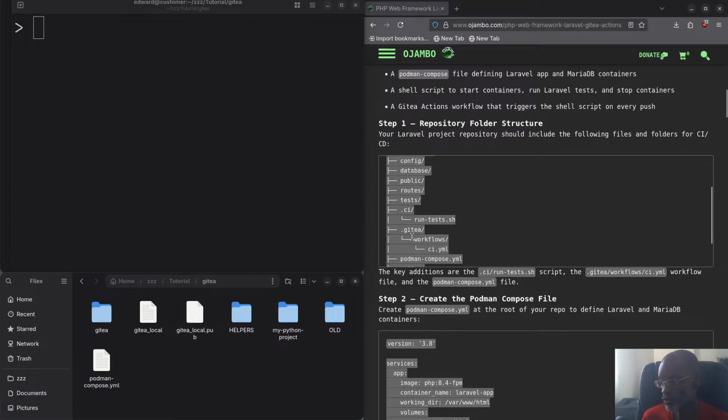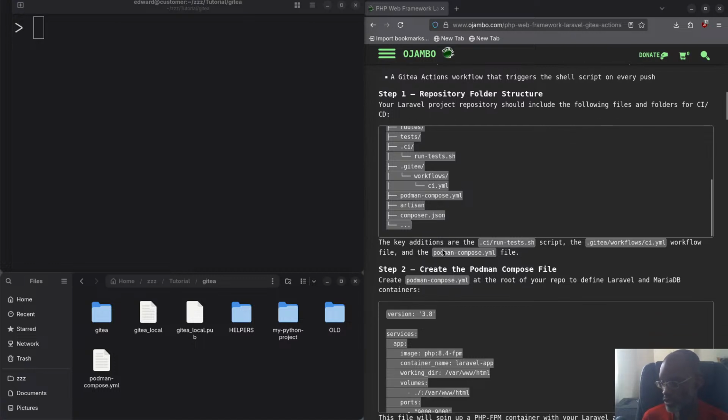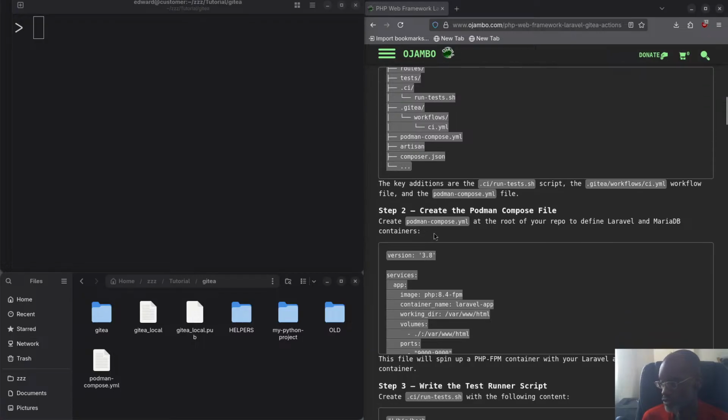And then as usual for the Gitea, we have our workflows, we have the ci.yaml file, and then our Podman YAML, and the compose.json. That's it. That's all we need. So they say two additions to your application are the .ci folder and the .gitea folder, and obviously the Podman compose to run our Gitea